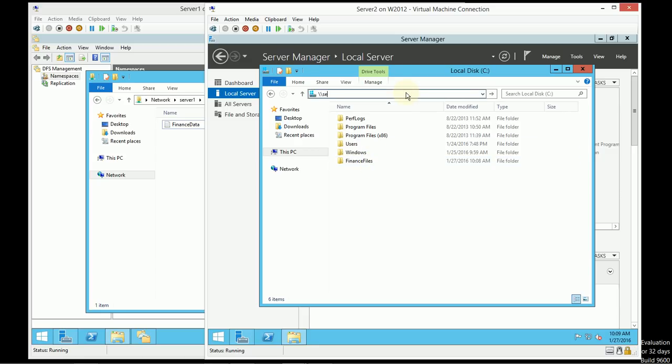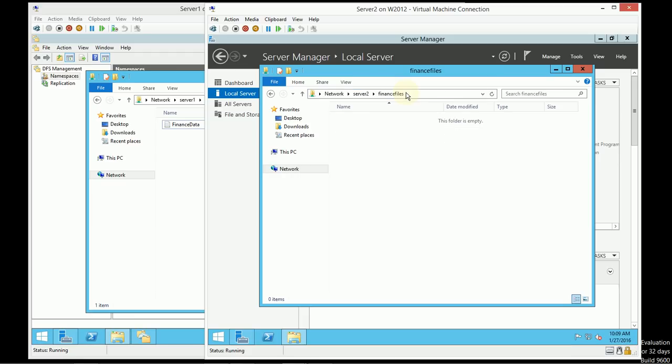I have a server 2 finance files. Notice it's not the same. Finance data is not there. That's because this is a completely separate and isolated share. It could have its own data, and it could even have the same files with different versions of those files,